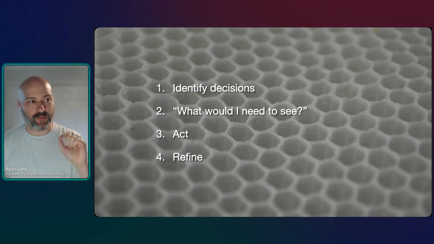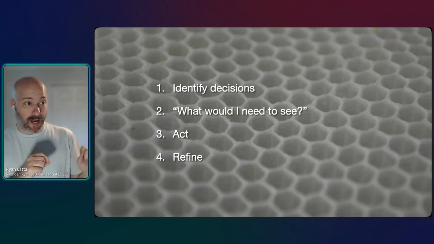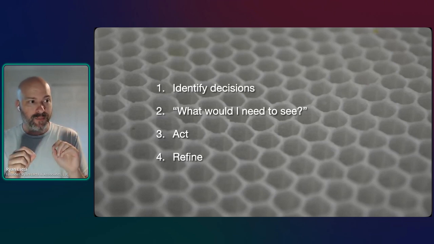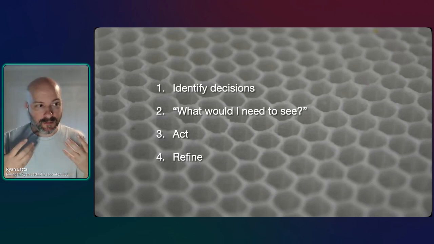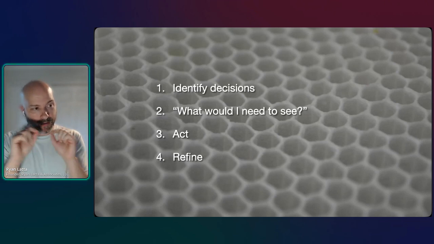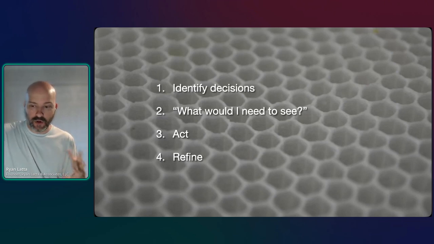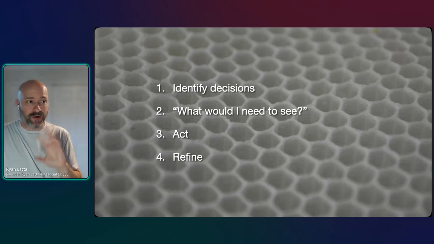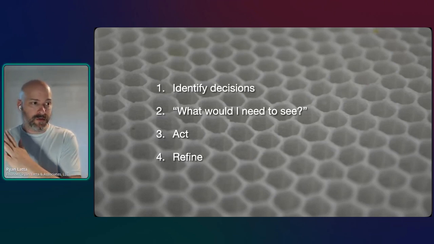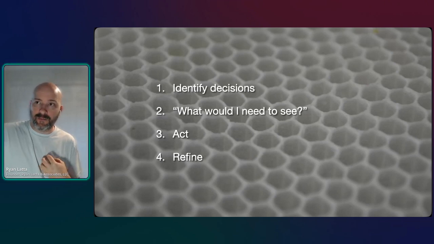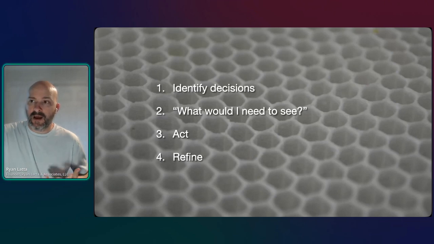So you're going to come up with your what I would need to see that would cause me to act. And it could be a metric, it could be something that you're just listening for. But once you hit that thing, you act. And as soon as you act, as soon as this thing triggers, you're going to begin to receive feedback on it. And I don't mean that necessarily from your peers, because you can do this privately. You don't have to expose your list of decisions and signals. But you're going to see feedback in the sense that the trigger is going to go off. You know you're supposed to act, and you're either going to be like, "Yeah, I nailed it," or more likely you're going to be thinking, "I'm not sure."